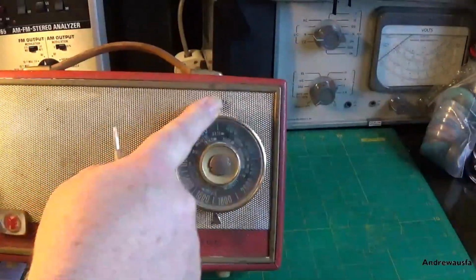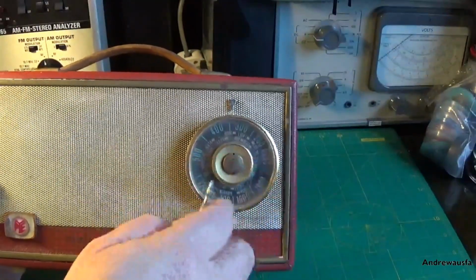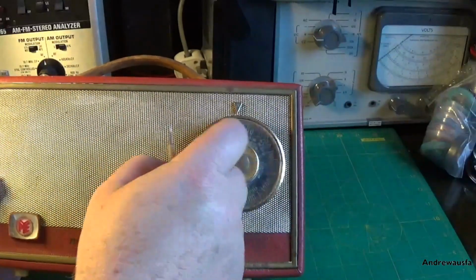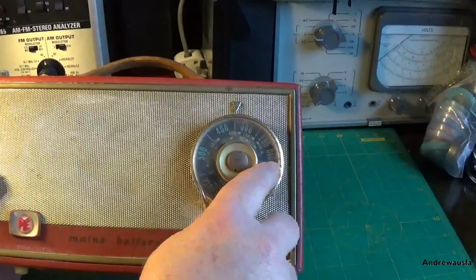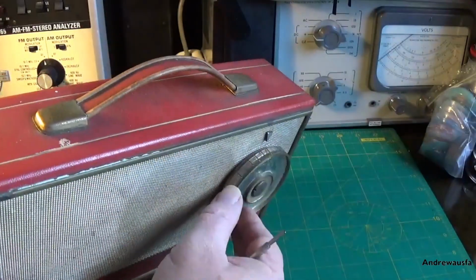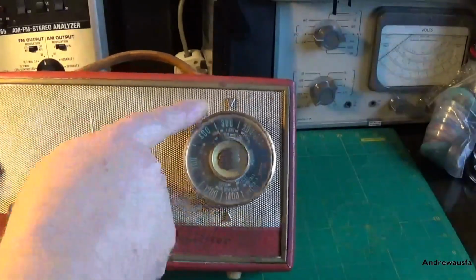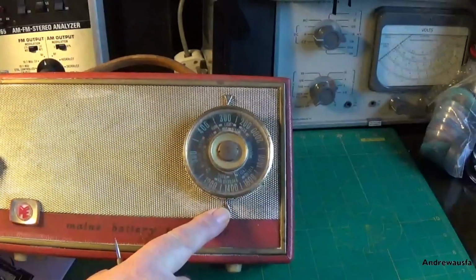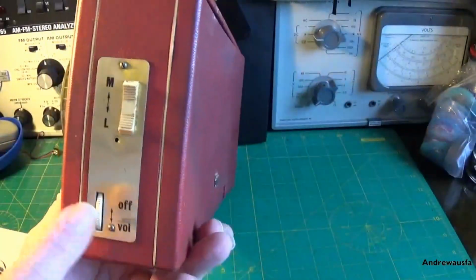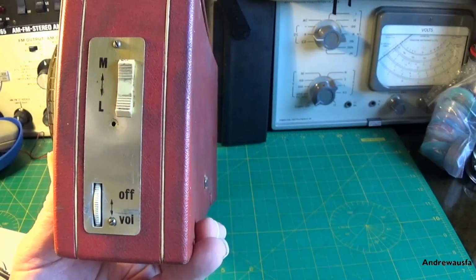The tuning is by slow motion drive here. We've got a real brass knob to undo it. We've got a plastic dial face cover here which has cracked in a couple of places, and I don't know if that's dirt or gold paint originally. Got a couple of station markers here, one in silver or chrome and one in brass, for medium wave long wave. There's the bottom. On the side we've got this gold escutcheon with the on and off switch and